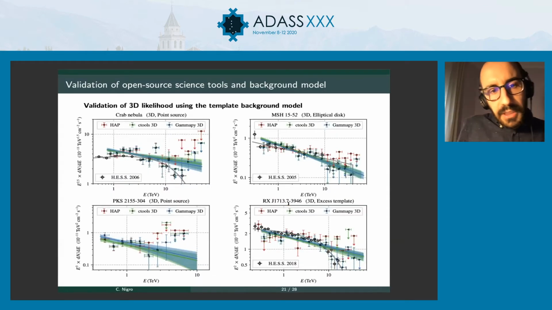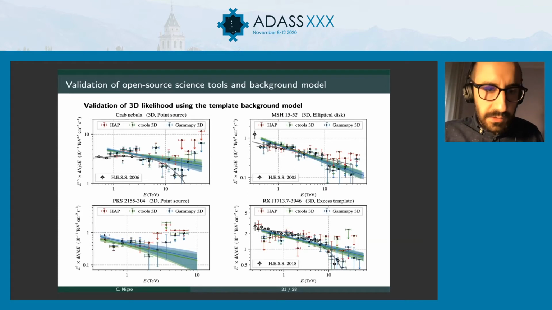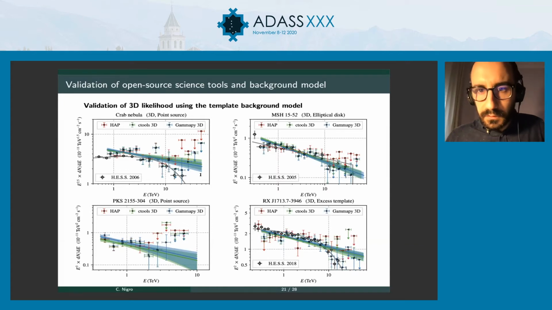And this is very similar to the plot that I showed you before, but this time using the 3D likelihood of both tools. So in gray, this is always the spectrum of the 4 sources included in the data release. And in gray, you can see the results from the literature. And then in red, you can see the result of a 1D analysis performed with a private software. And in blue and green, a 3D analysis performed with the open source analysis tools on the DL3 data. And as you can see, in all cases, there is a very good general agreement.